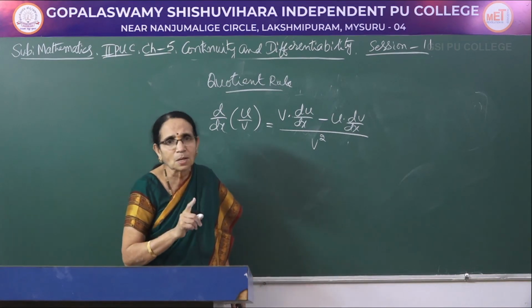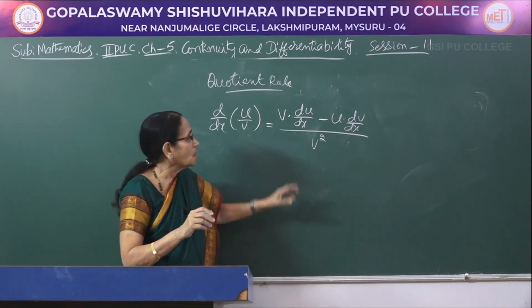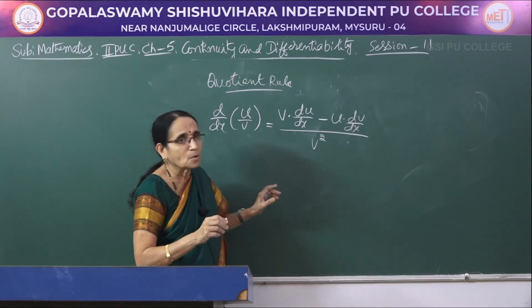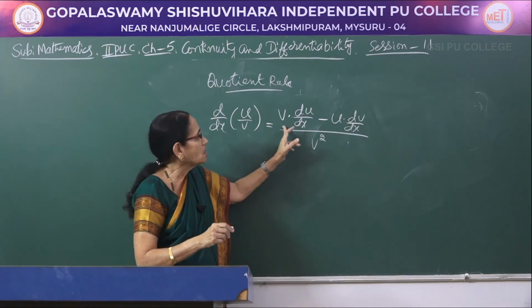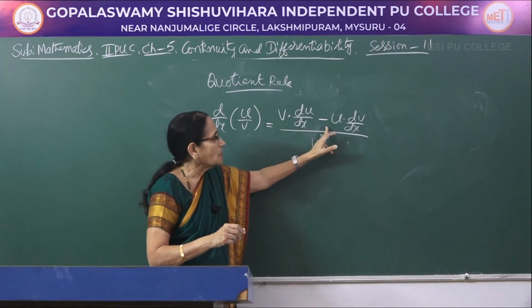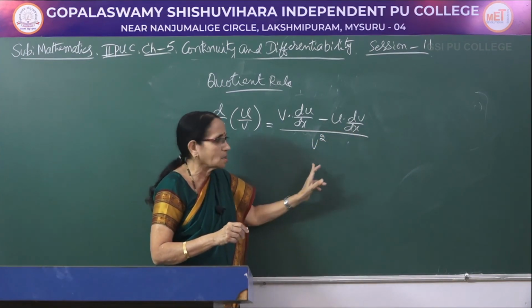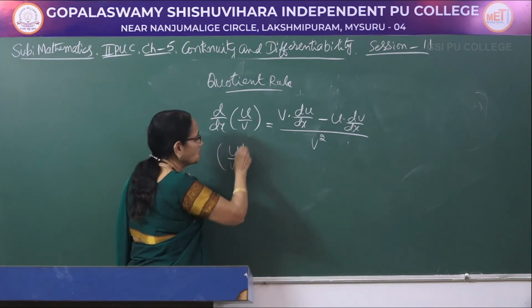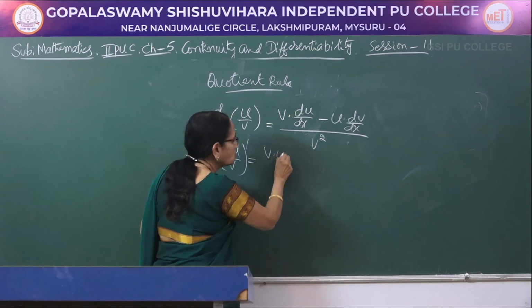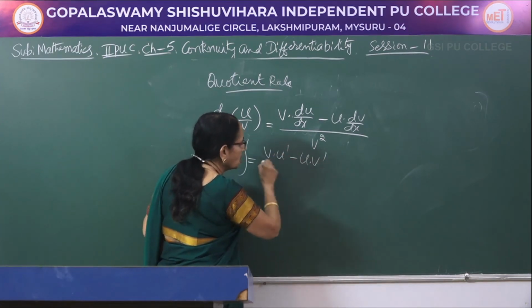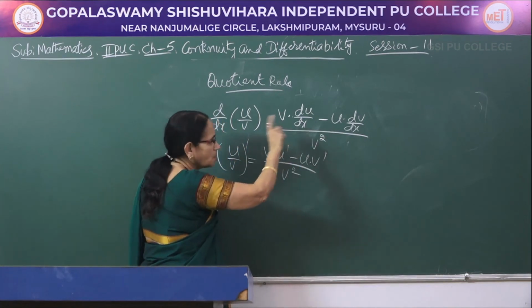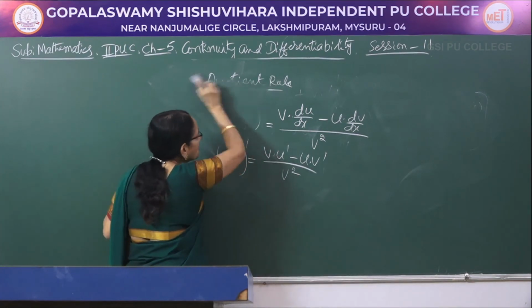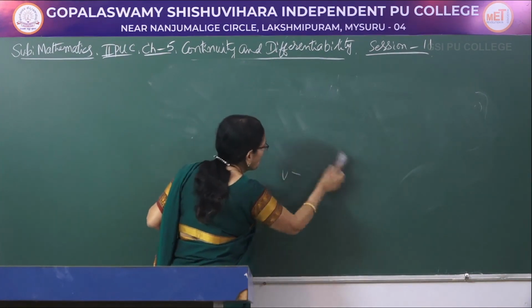Suppose it is given for a 1 mark question, you don't get that 1 mark, because a 1 mark question answer should be perfect. Even the sign should be correct. Therefore, be careful. Start with the denominator: denominator into derivative of the numerator minus numerator into derivative of the denominator divided by the square of the denominator. Suppose you use the other notation dash, then it is v into u dash minus u into v dash divided by v square. But it is better to remember in terms of the numerator and denominator. So, this is known as the quotient rule.